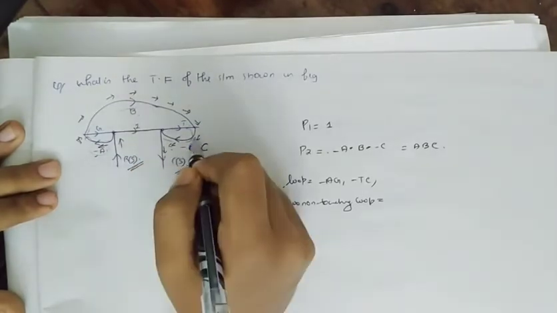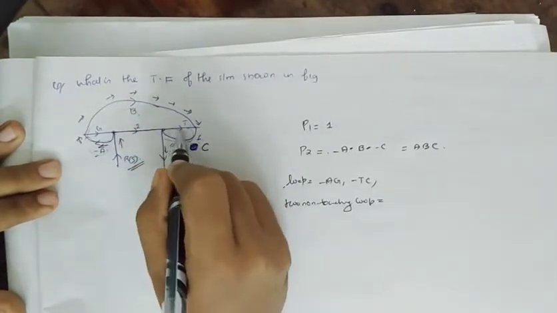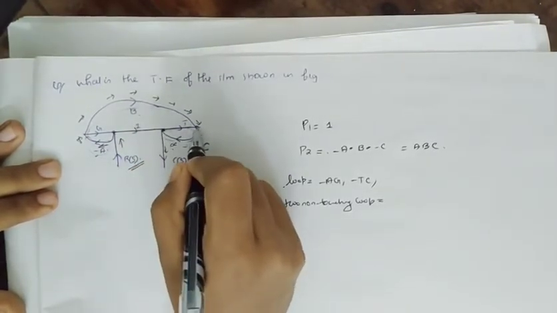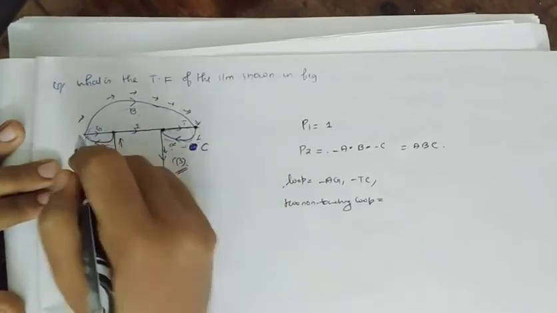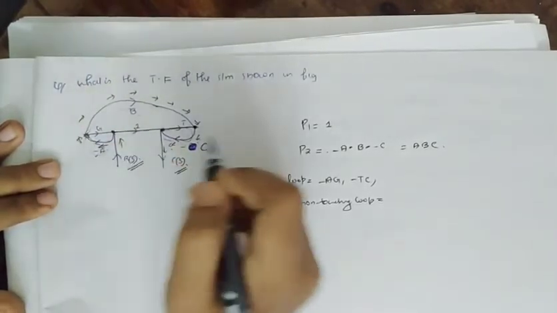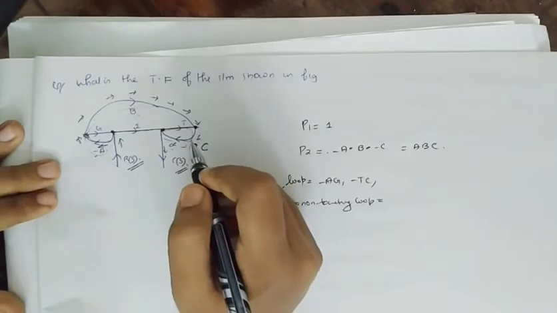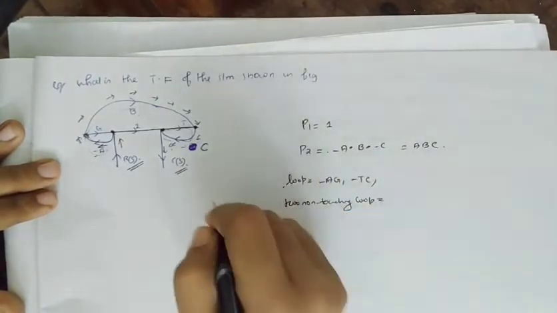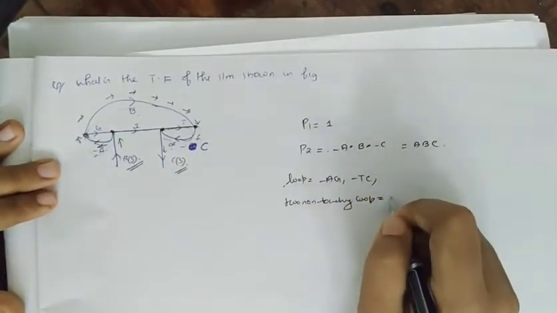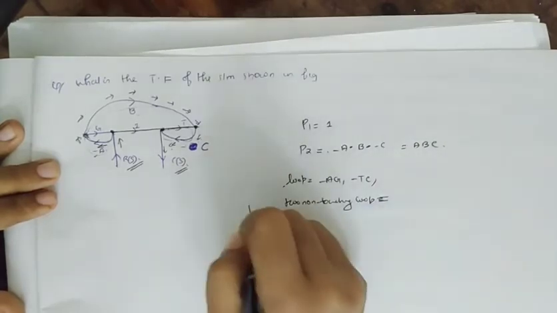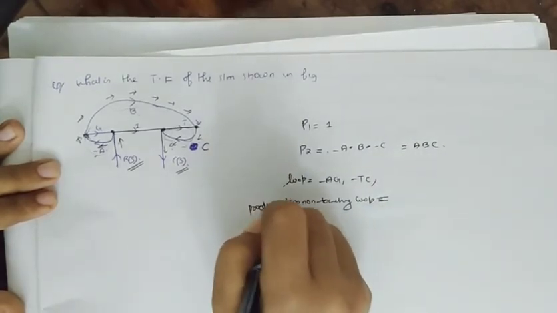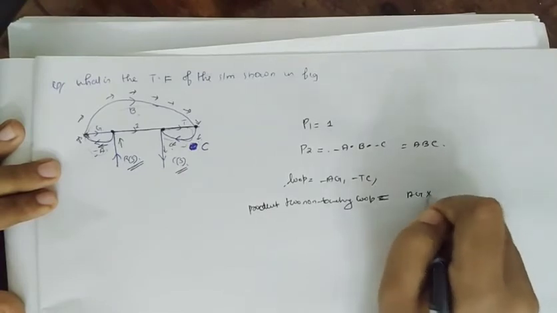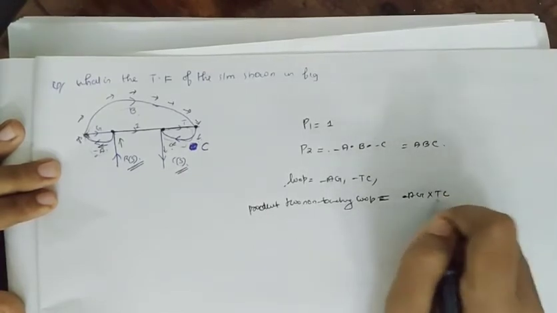This AG and TC, as you can see, these are the two nodes connecting this loop. These are the two nodes connecting this loop. They don't have a common node, so they are not touching each other. So we have to find out the product of non-touching loops, that is AG into TC. Negative and negative cancel out, we will get